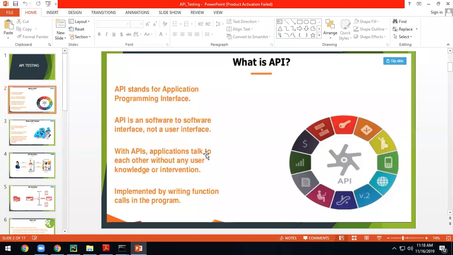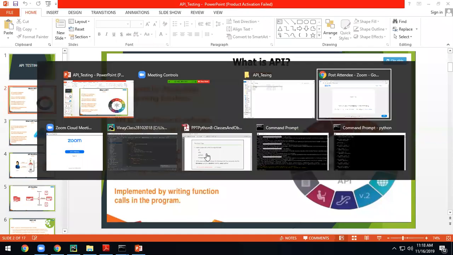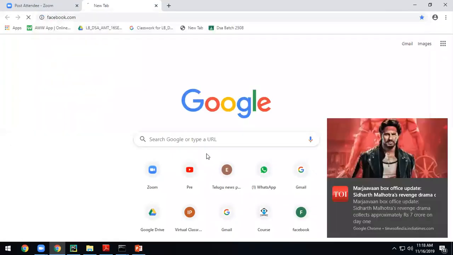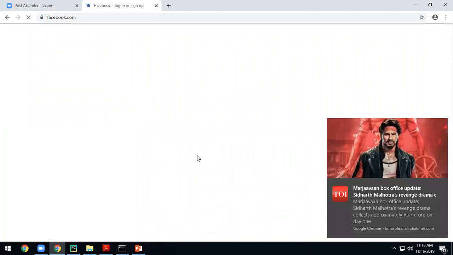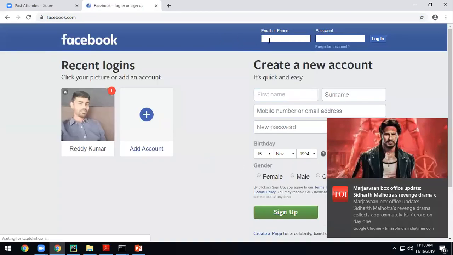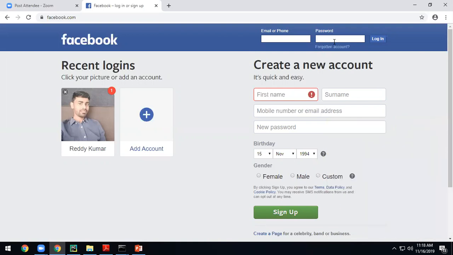It's not like what happens now, where you work through the UI. Let's say you use Facebook. You have a form where you will enter some data, and you will log in. Now you are trying to get some information. How will it come? It will come in the form of a website. All the data will come that way, right?